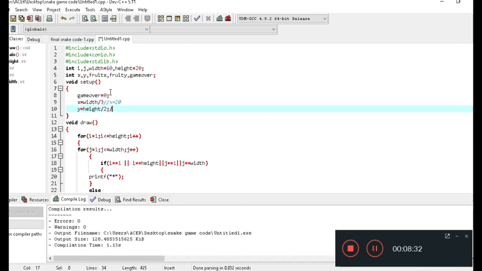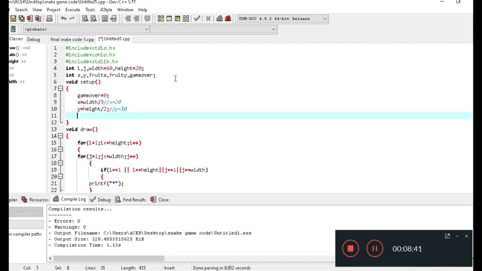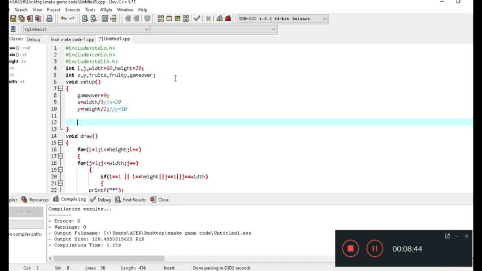It means our initial position of y will be 10. Now I am going to print the fruit x and y coordinates. For this I am going to make use of the rand function. See, in this line I have written fruit x equals rand modulo 60. It means that it generates a very big number and then it will be divided by 60. So our remainder will definitely be less than 60, so our x coordinate will be inside that box only.